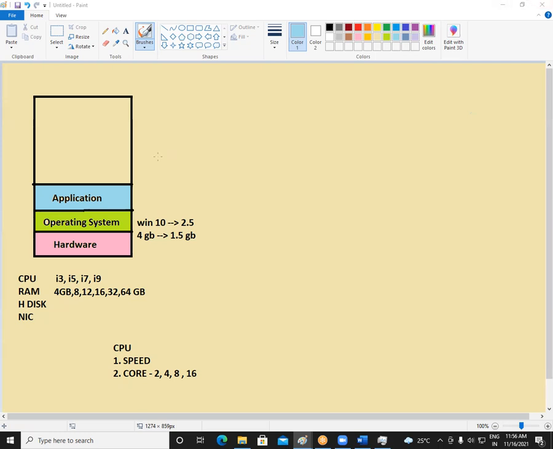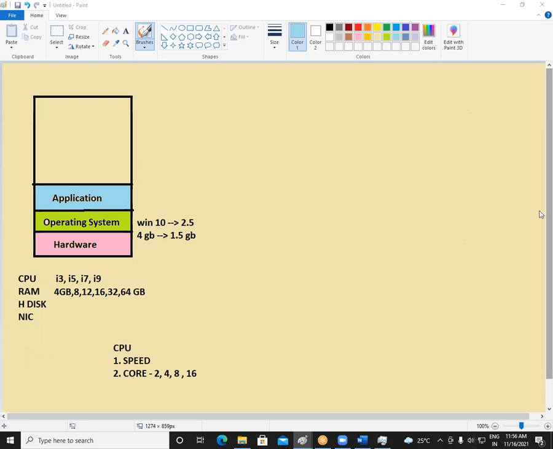So like this, we need to see how much RAM we need in our machine. So come again, friends, hardware has CPU, memory, hard disk, and NIC card. We need to see which CPU is best suited for our requirement, whether it is i3, i5, i7, or i9. Then we have to see how much memory we have to take in that machine. We need to see what the use of this particular user is, and according to that, decide how much memory we have to take for that user. Done.